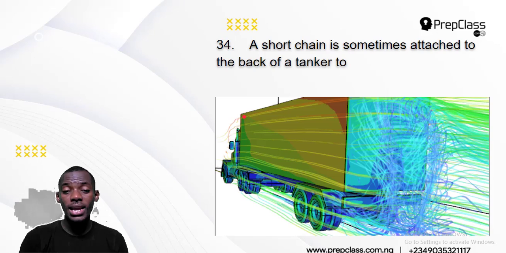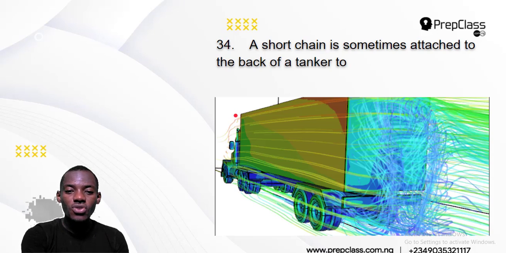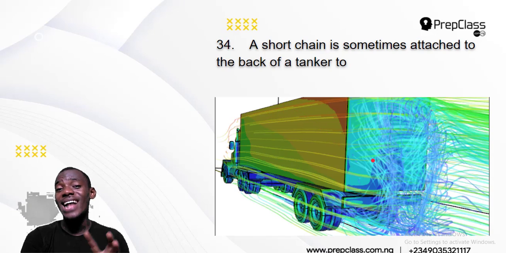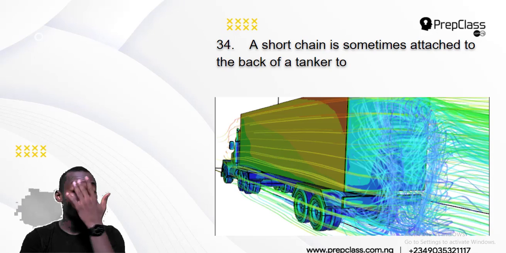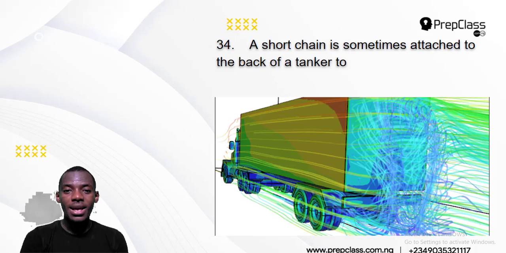charge. So as the air is clashing with the tanker, it is charging the tanker. I mean, it is producing current. Friction leads to the production of charge. So as the air is colliding with the tanker, it's producing current on the tanker. That means the tanker is getting charged with frequent collision with the air, and that can be